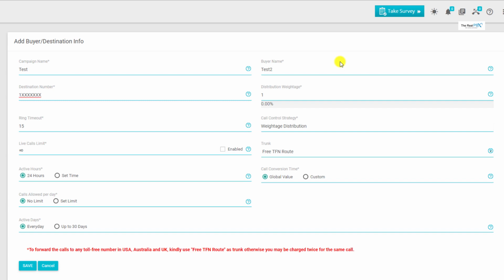The number has to be added in a specified format, along with the country code and without any special characters and spaces in between. Once the number is assigned, we will assign the value of distribution weightage. The basic idea behind distribution weightage is, more the value, more would be the number of forwarded calls. As the value of distribution weightage is changed, the bar below would show the percentage of calls that would forward